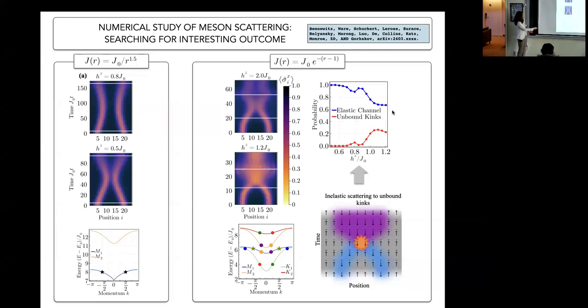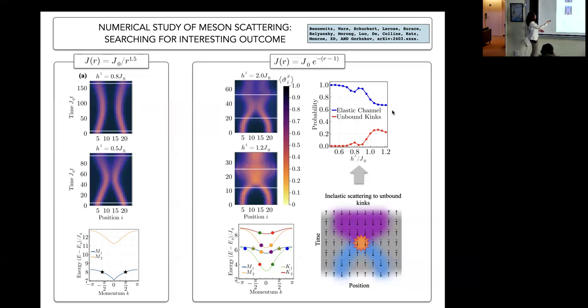This is like your meson band. This is the next meson band. So if you collide two ground state mesons together, you have to give them very high energies to be able to like get to the next band. And that very high energy means that this HZ should be very high and would take us outside sort of this ferromagnetic phase of the theory, and we don't want to do that.